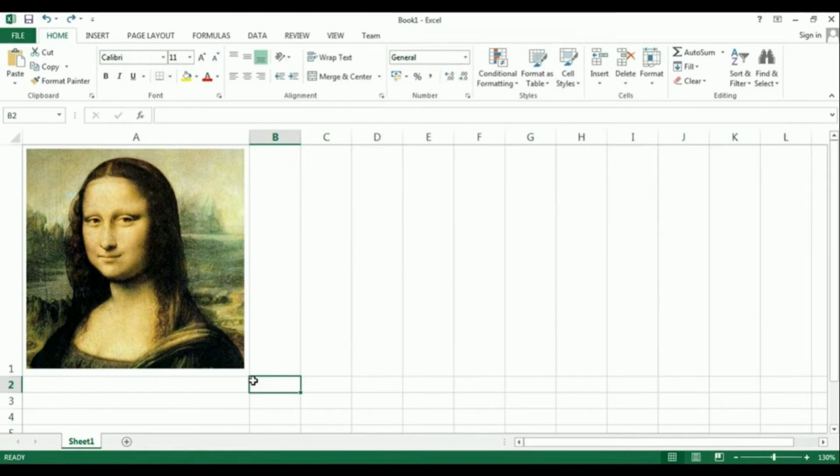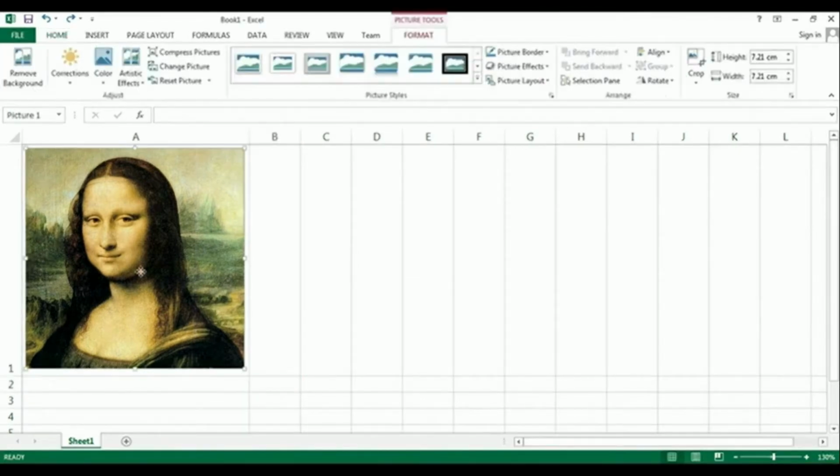One last word on moving images. Our current picture is in a prepared cell A1. By prepared, I mean we've already resized the cell and then made sure our picture fits within it. If we move our picture to cell B1,